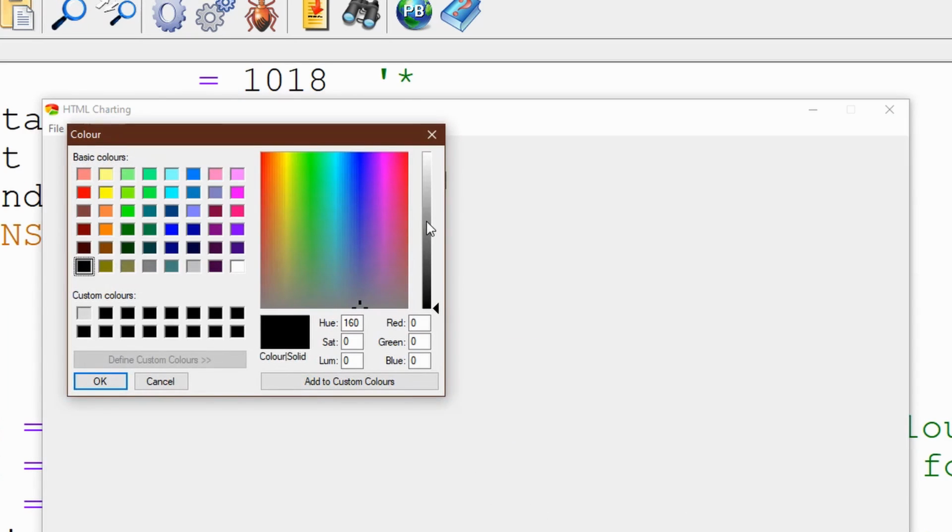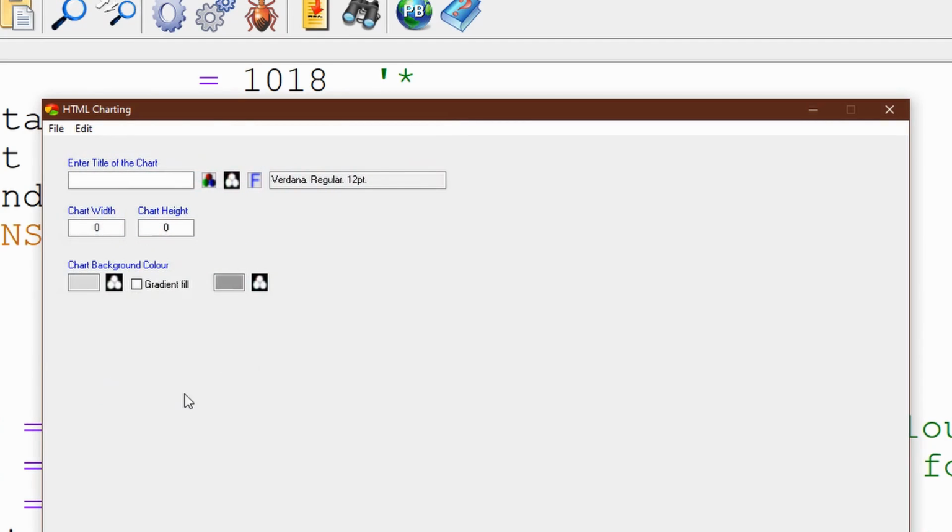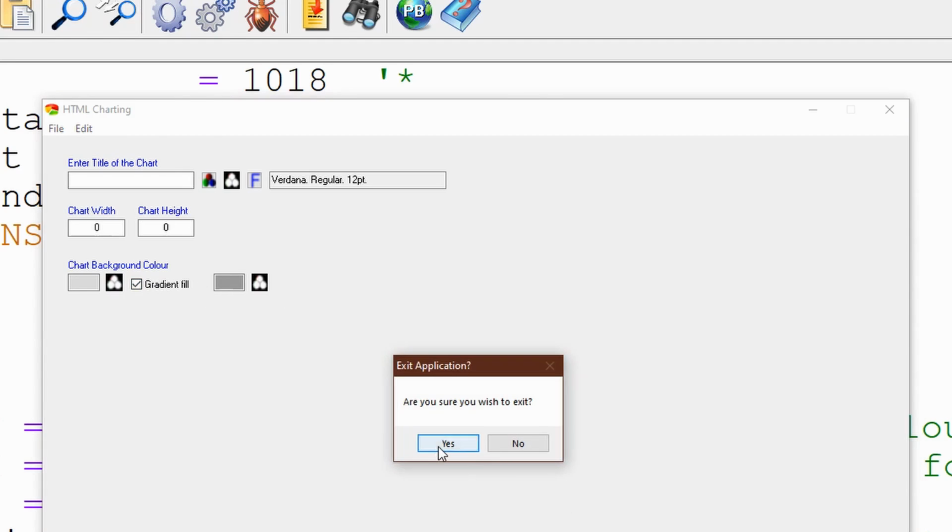And for our second one, we'll pick a darker color. And there we go. So with a minimum amount of code, we have actually put additional objects on screen with the visible color pickers. All we have to do now is to put the code into the event handler so that when you tick on the gradient fill checkbox, these two controls here, which will initially be invisible, will be shown. So if we go to our